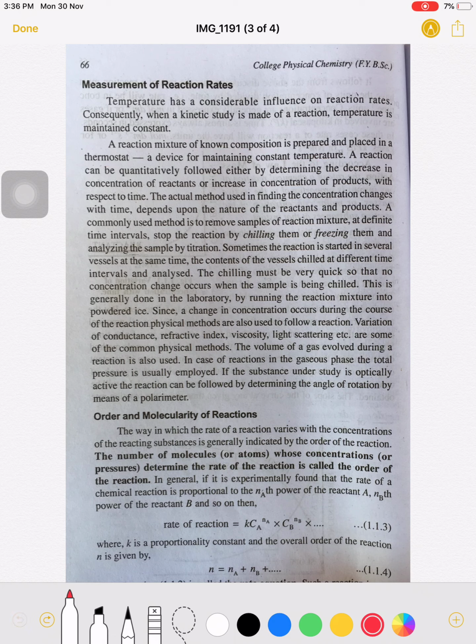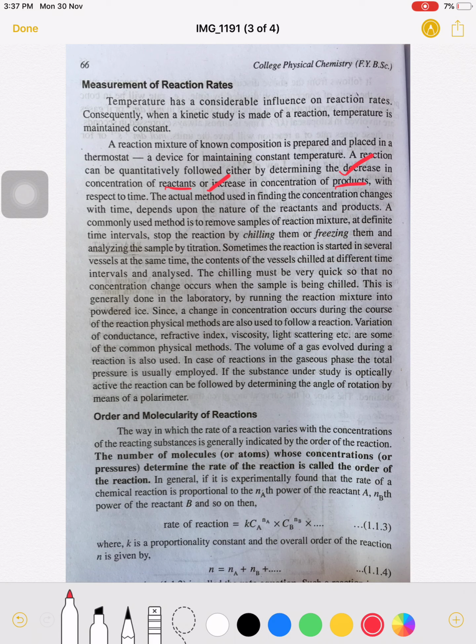So a reaction mixture of known concentration is initially prepared and it is kept in a thermostat. A reaction can be quantitatively followed either by determining the decrease in concentration of reactant or increase in concentration of product with respect to the time. So there are two possibilities for calculating the rate of reaction. Either we can determine the decrease in concentration of reactant or increase in concentration of the product with respect to